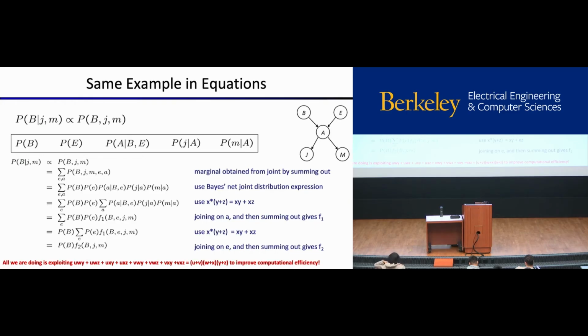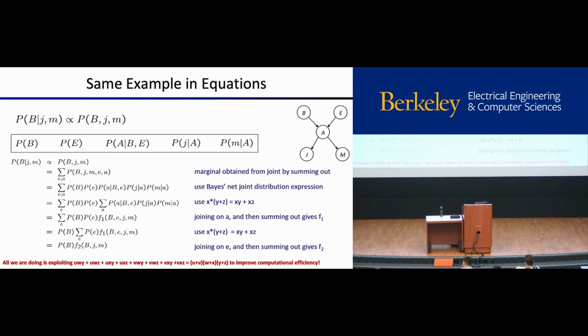We're going to push in either one of those variables as far as it will go and pull all the stuff that doesn't depend on that variable out. We just happen to choose A first, so we push A in. We get to here, all these terms depend on A. Now we can sum out A. So we multiply these terms together, we get our factor F1, and sum out A. That's F1. There's no reason why it has to have this name, but it's a factor. It's the first one we've computed, so we call it F1.